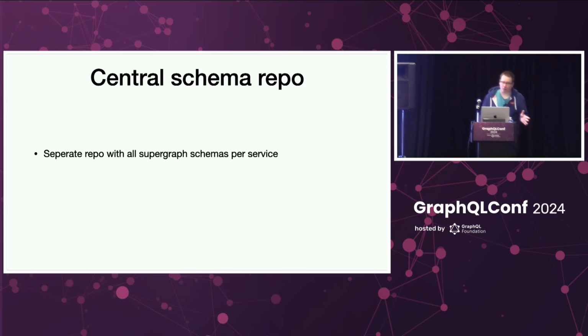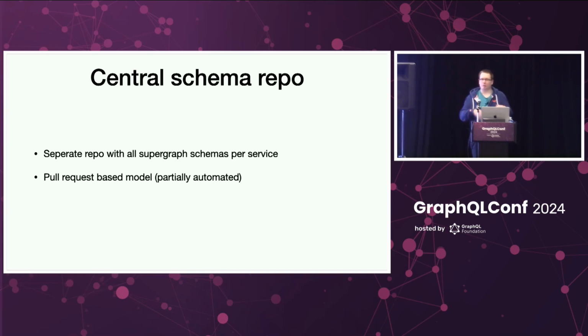Okay, how do we manage all of this? We have a central schema repository, which is basically just SDL files, the supergraph schemas we just saw with all of these directives on them. And in order to contribute to the overall exposed gateway API, you need to create a pull request in the central schema and say, I want to add this field address to the user. So you open a pull request to this schema, and once it's merged, it's automatically deployed and updated.